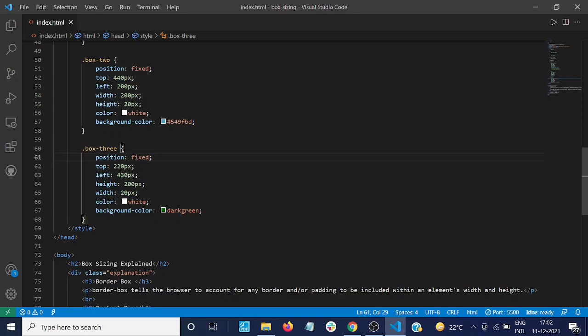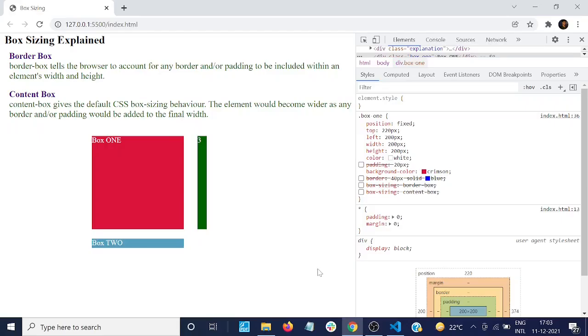I have saved this. Now let us see the result on the browser. So here we have box 1, box 3 and box 2, as you can see on the screen. Now, as was discussed, these boxes have a height and width corresponding to box 1.